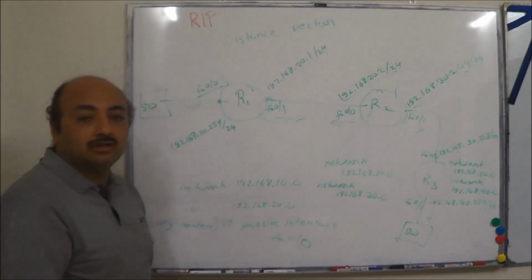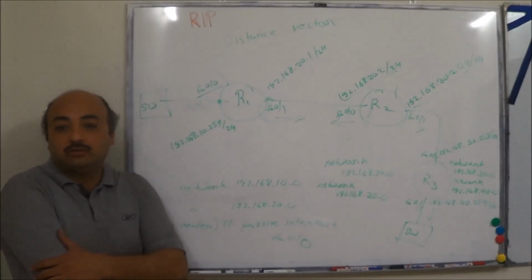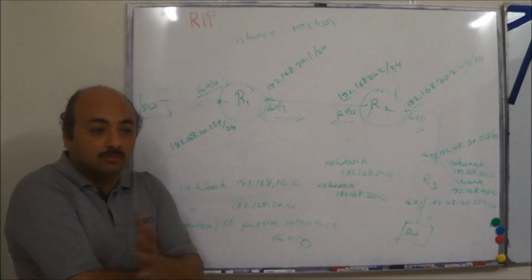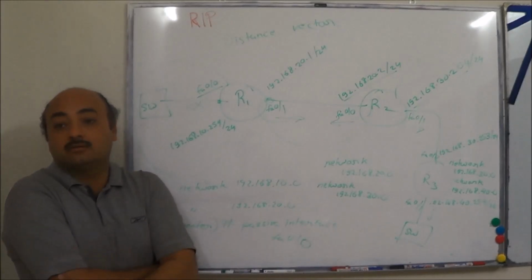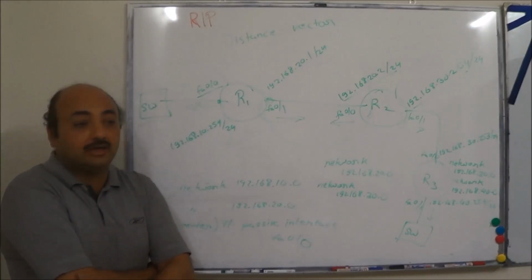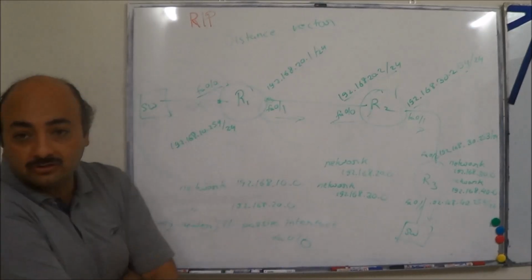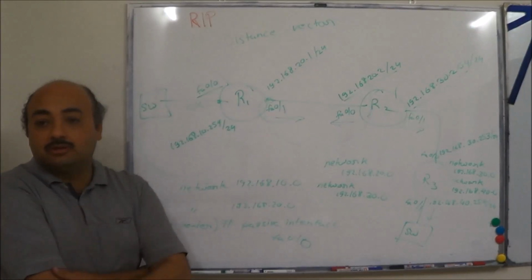So now you should be clear about a couple of concepts. One is the administrative distance, which is 120. Hop count is 1. Hop count is the distance, how far it is via the router. This should be clear, and along with that, passive interface. Right? Passive interface. So let's have a look at the practical.